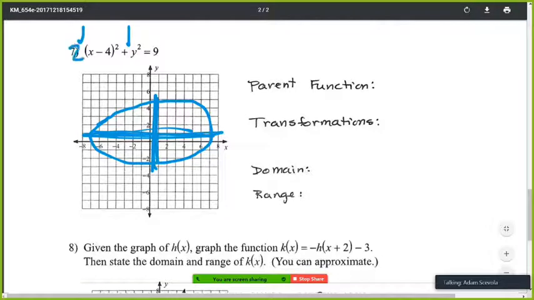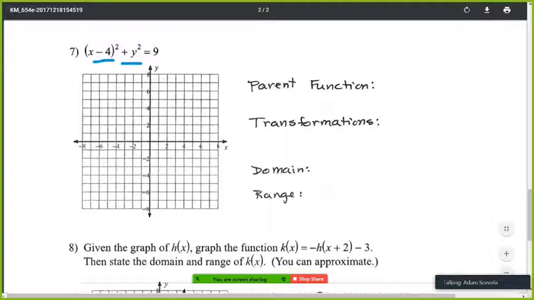So if there was a 2 here, then there wouldn't be a circle, but if there's a 2 here, it would be a circle. Or you might remember some of that from geometry, but I'm getting ahead of myself there. So what I'm trying to say is, if you have an equation where it's x squared and y squared, the best way to know how to do this is to know the general form of a circle